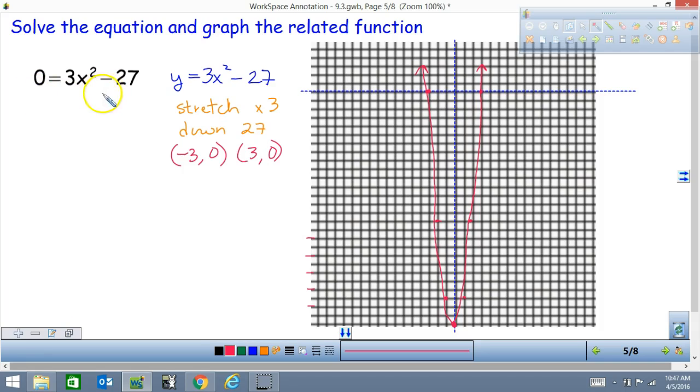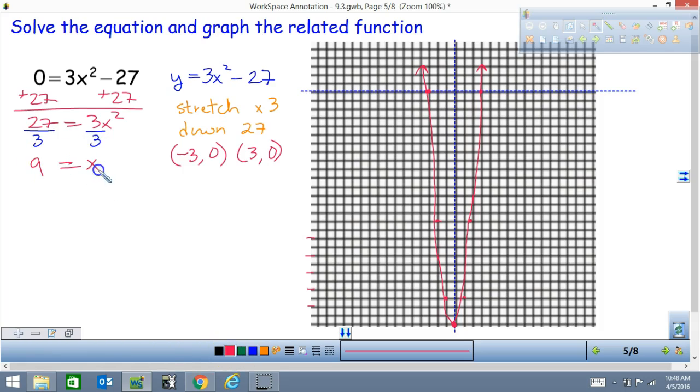To solve this, I'm going to add 27 to both sides. So 27 equals 3x squared. Now divide both sides by 3. 9 equals x squared. So we see that x equals 3, or x equals negative 3, corresponding to